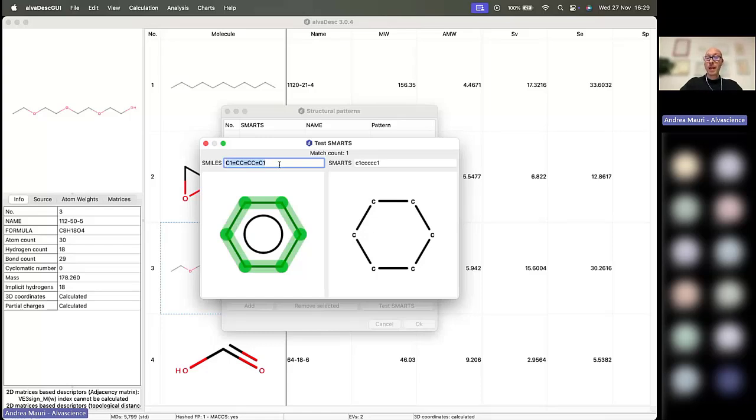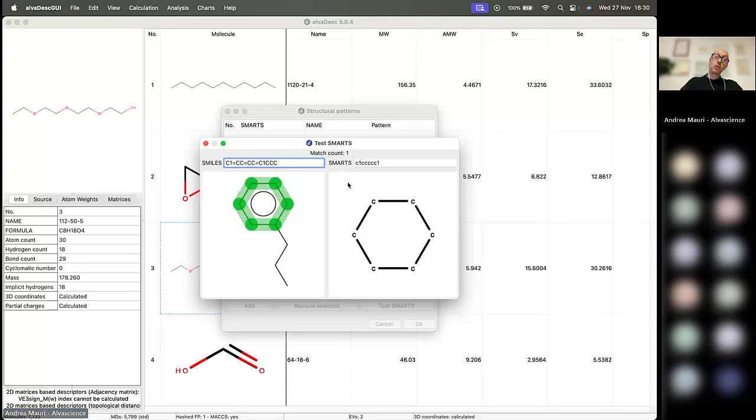We wrote the SMILES using the Kekulé format, the Kekulé representation of the benzene. alvaDesc automatically identifies the benzene in this molecule, independently from the representation. So we can use this tool to check the SMARTS that we are looking for. It's very useful